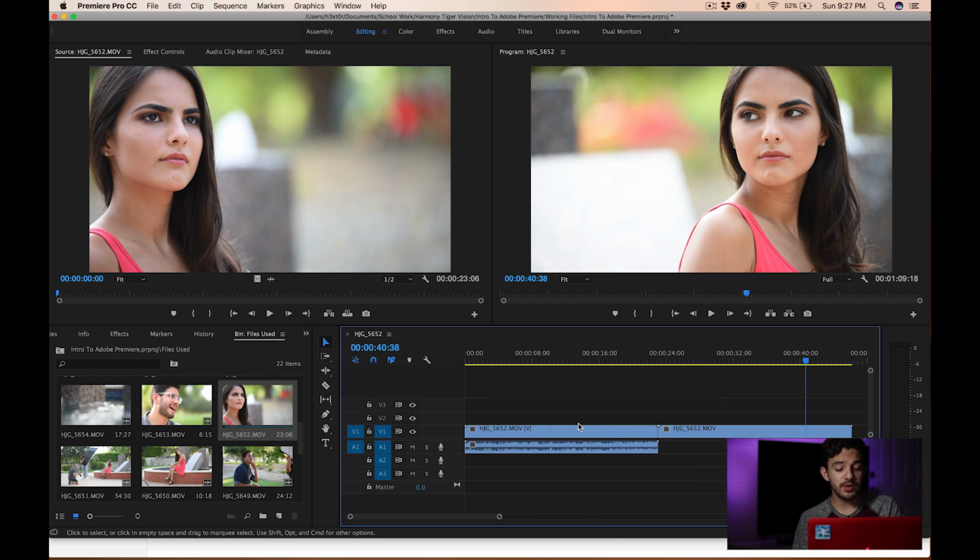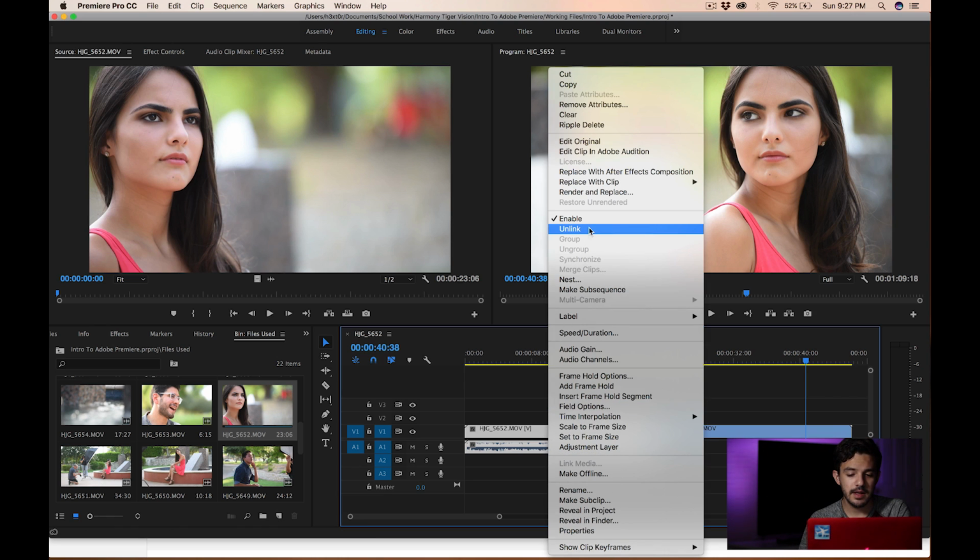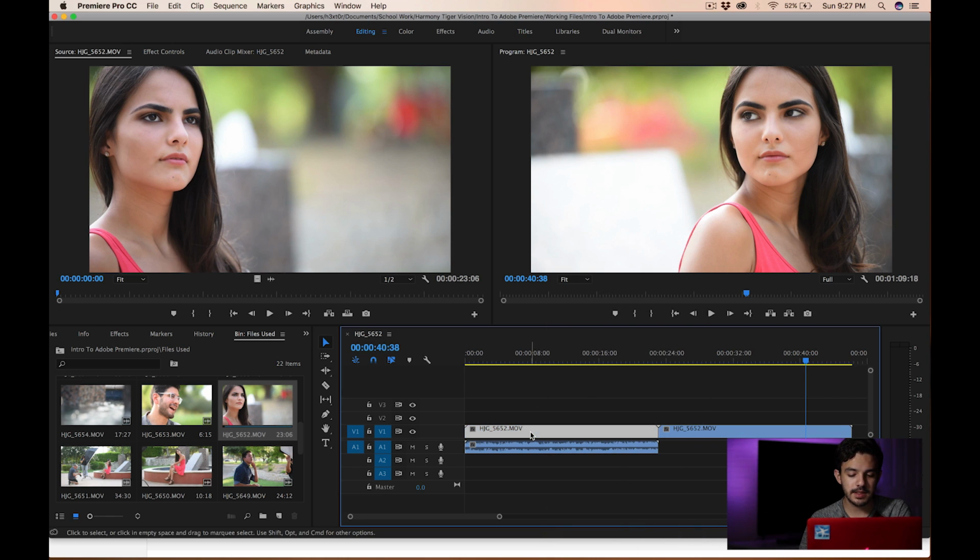Now if you bring both of them at the same time, they are linked up together. If you ever want to unlink them, you can right click and put unlink. And that's going to separate them into 2 separate things so you can move them around. Now that's a lot of information,